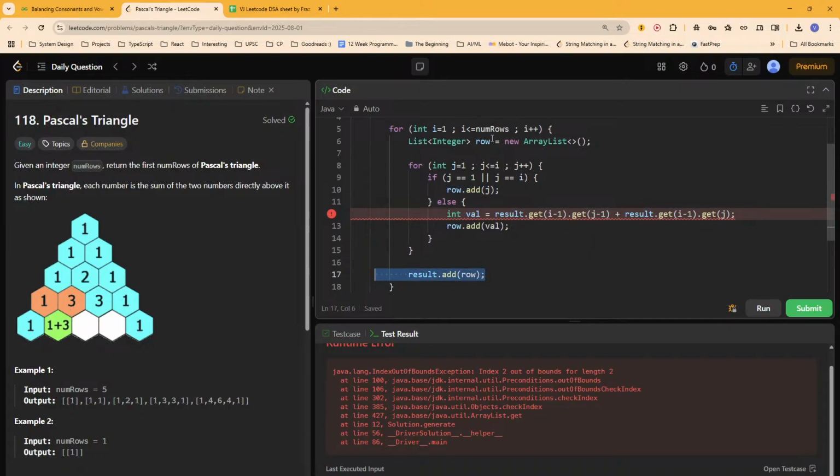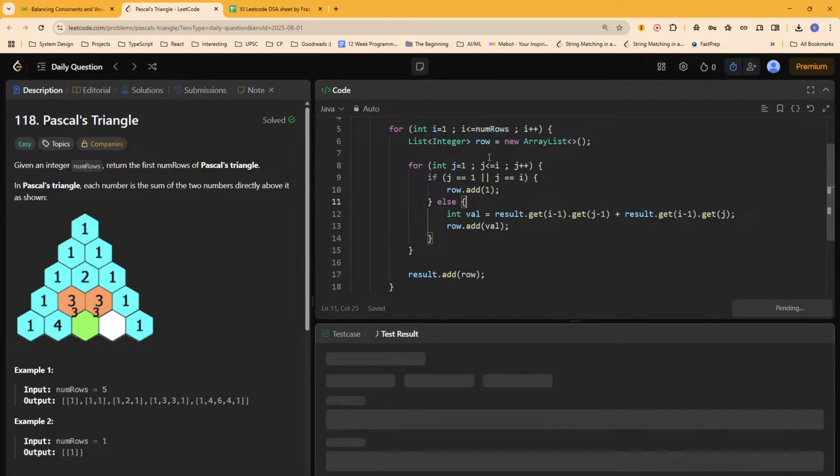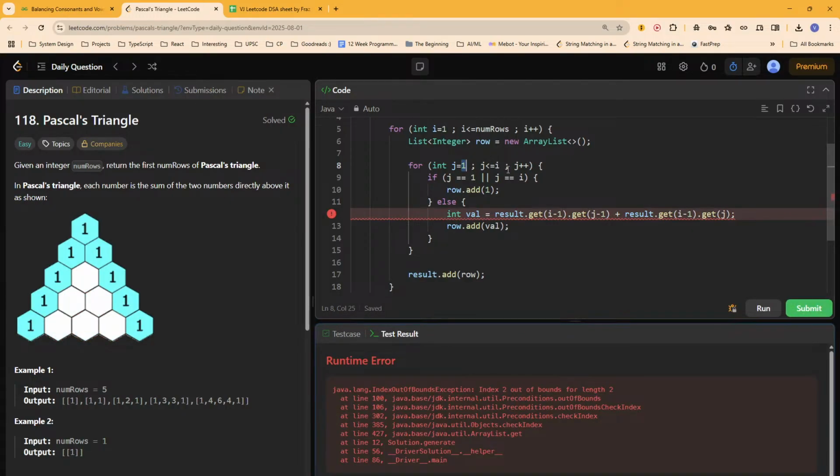Again we start i equals 2, so 1 to 2, so we will append 1 for the first and the last. Also, now when it becomes 3, we go from 1 to 3, and for 1 we add this, for 2,